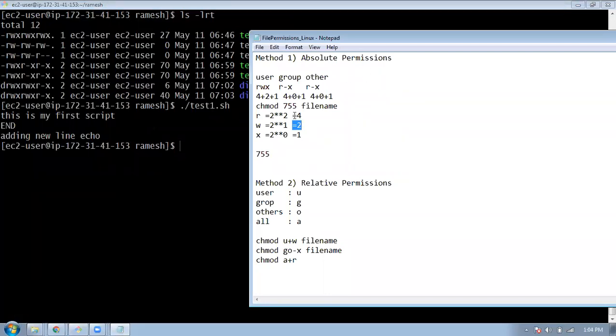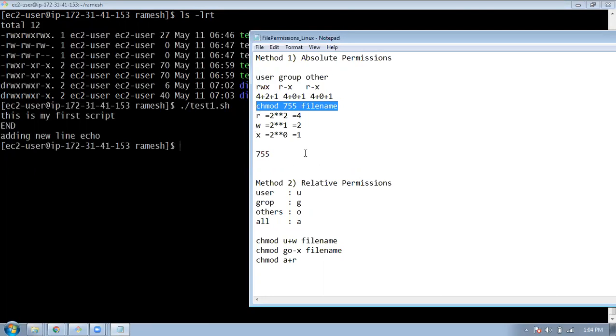Whenever you are specifying these permissions, you have to specify the permissions for user, for group, as well as for others. It is mandatory. You have to specifically tell what permissions you need for user, for group, and for others. So this is the one method.